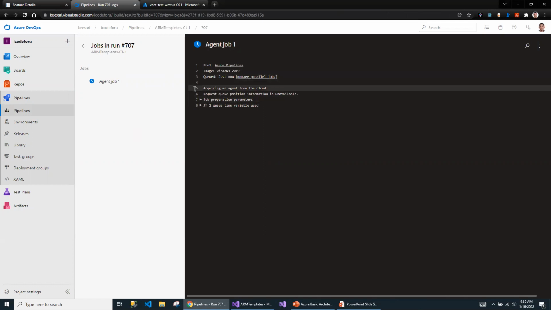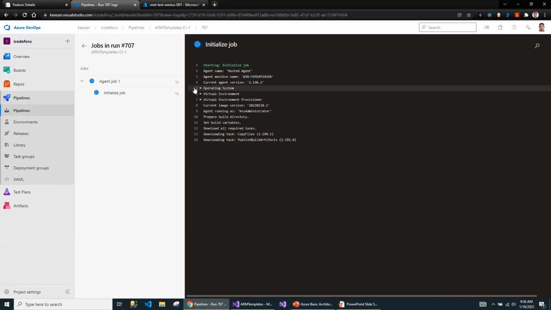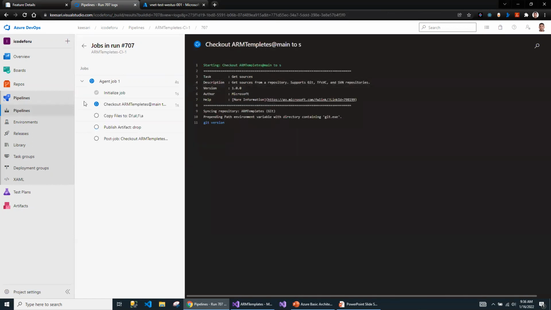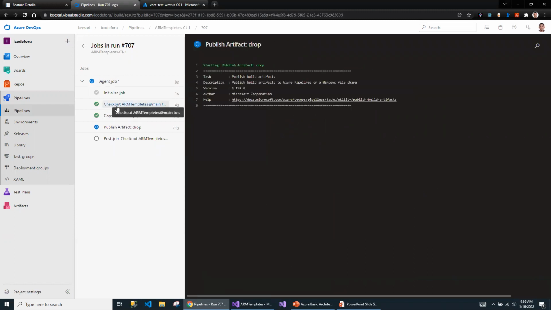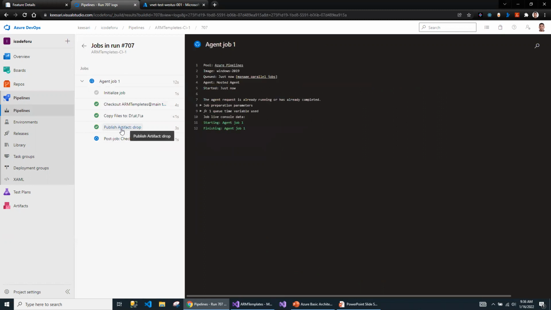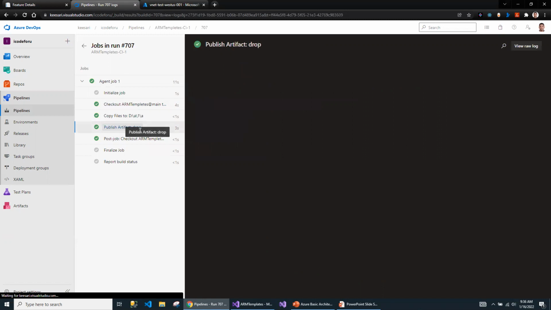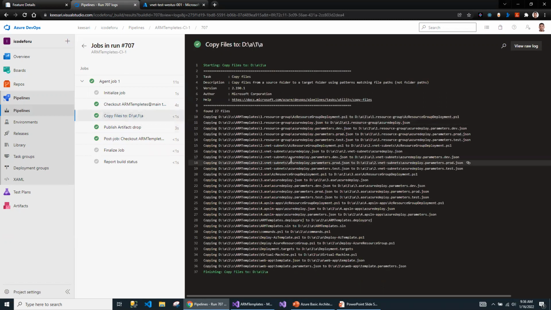So that's the purpose of this build pipeline. And from this build pipeline, I'm going to create the release pipeline, attach the build pipeline in the release pipeline, and then start reading the files from the draft folder, which is created as part of this. So if you look at this, this is copying all the files which I have from the source code. So I've given the names here in RM template.